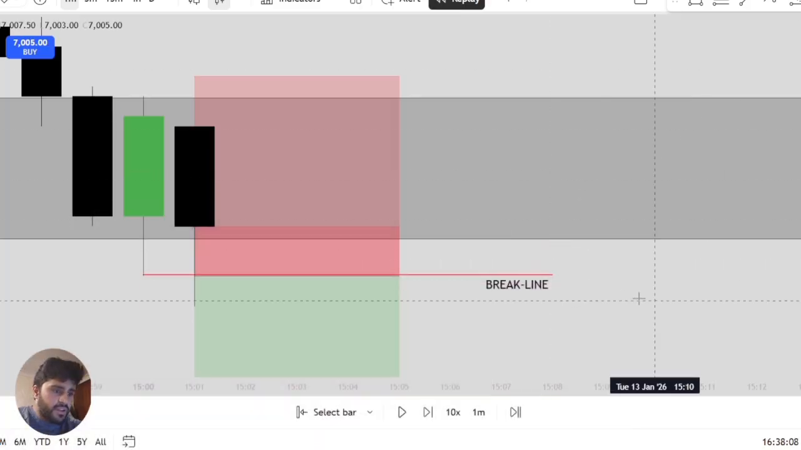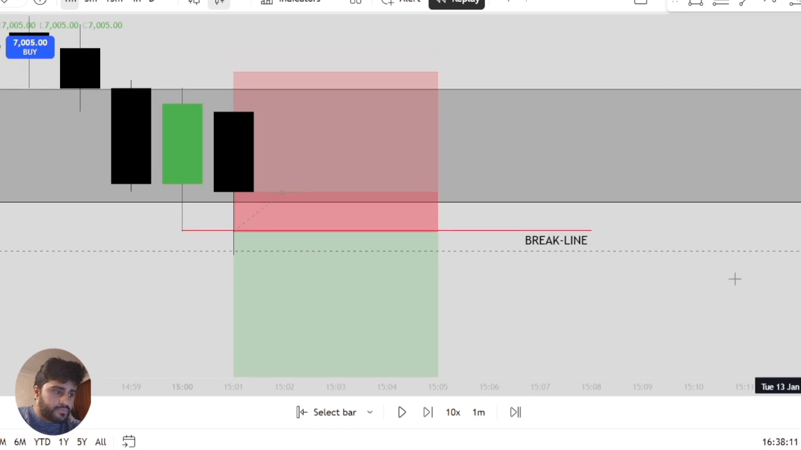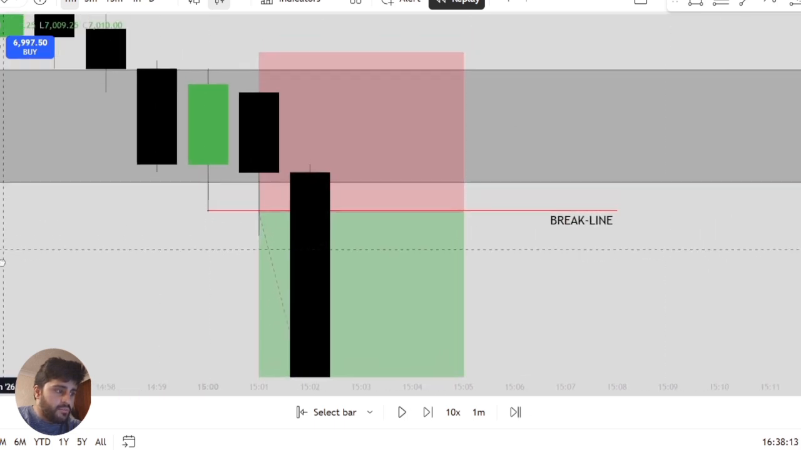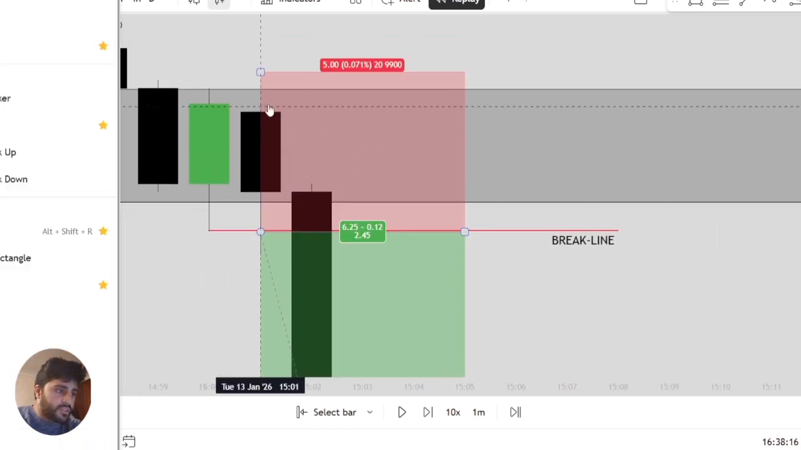So what's going on over here, again, if this is our break line, there we go. If this is our break line, if these buyers over here were successful, if these buyers